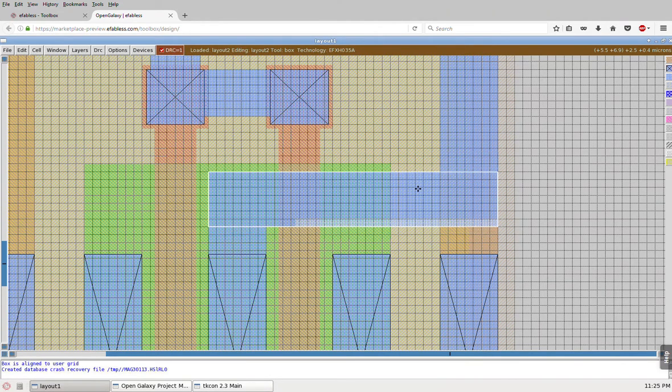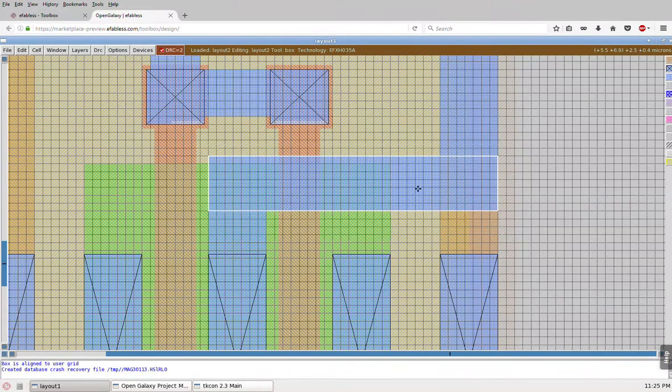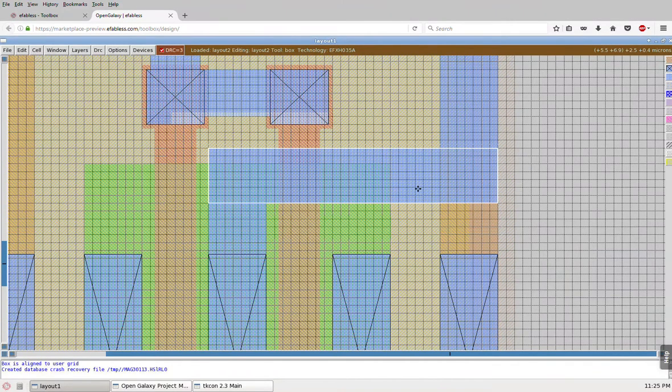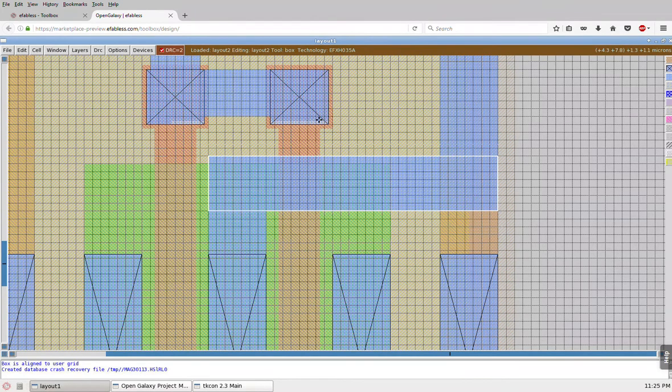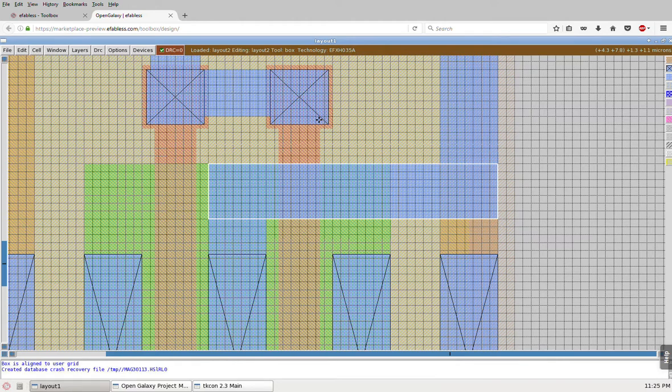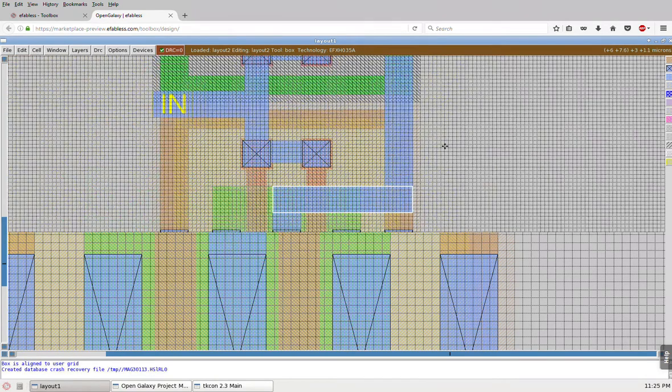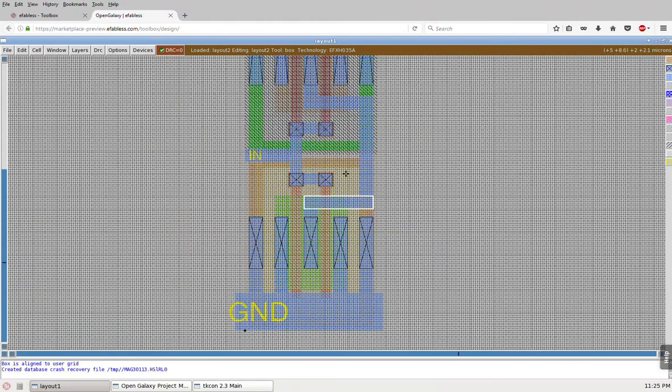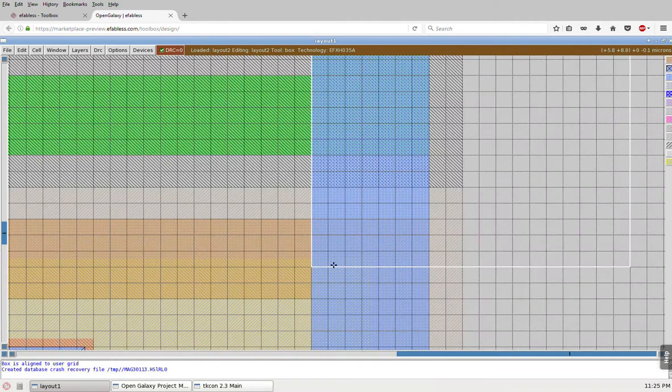So now you can see my connectivity keeps staying with me. But you can also see that as I move up and down, the errors are showing up in DRC, which is not what I want. So I can move things around until I do not have any DRCs. Very convenient. Last but not least, I want to label my output over here, which is going to be this